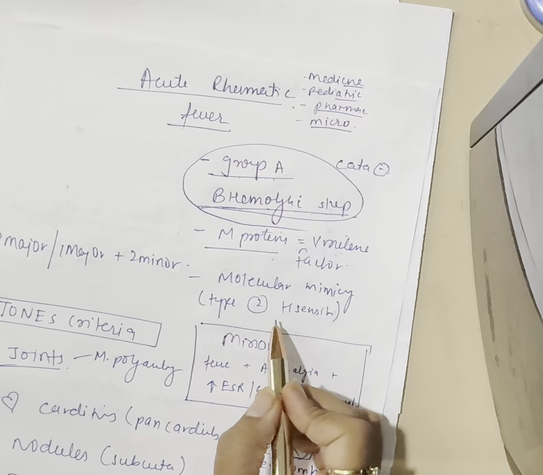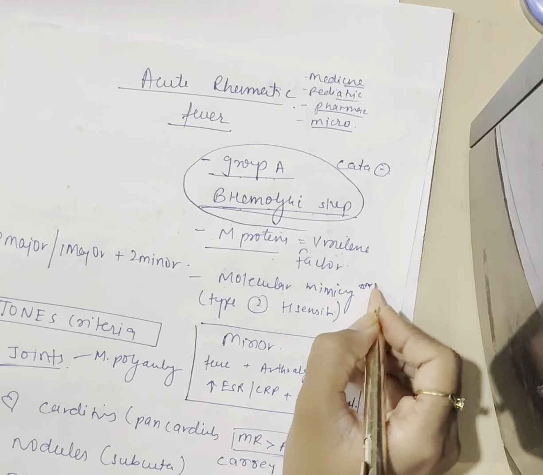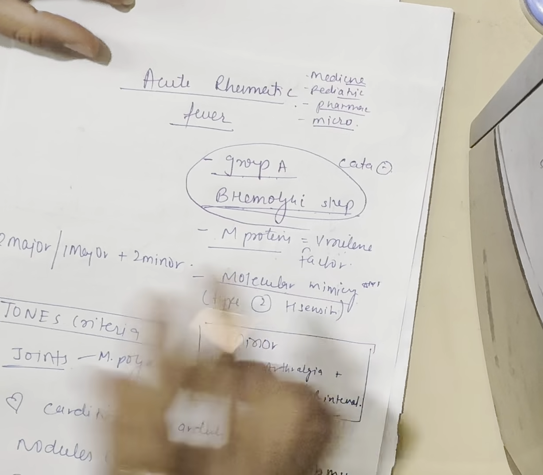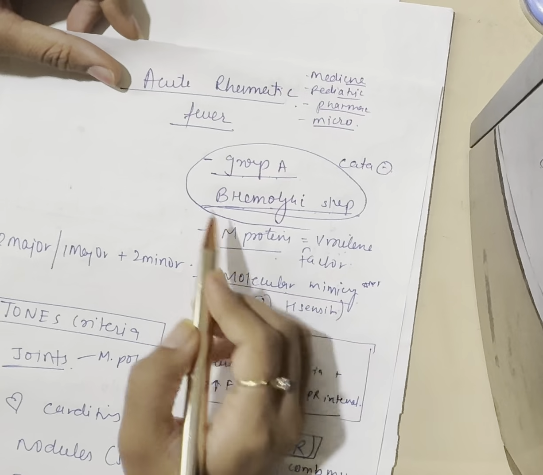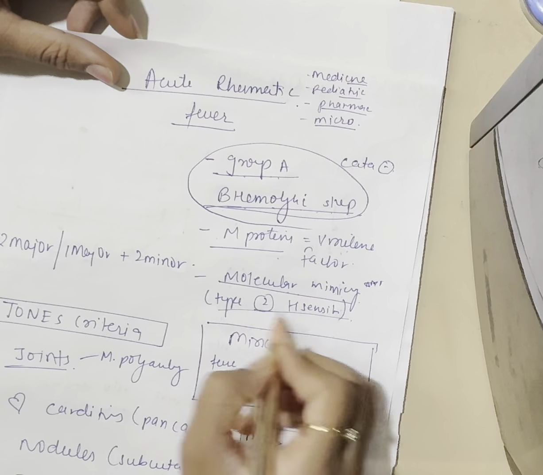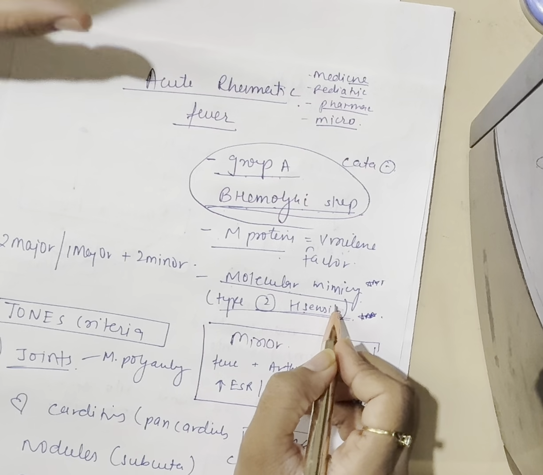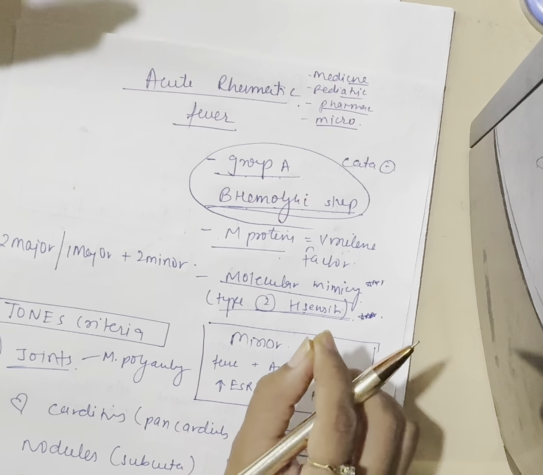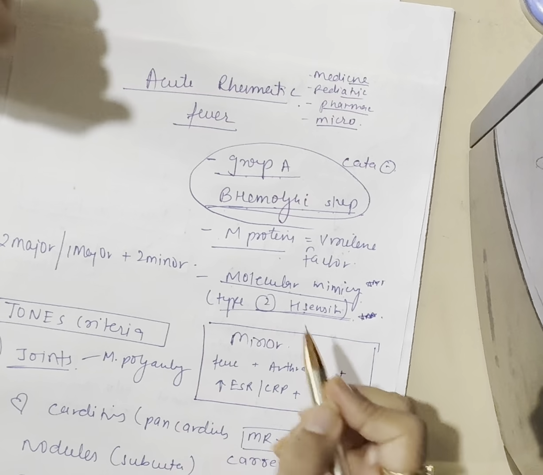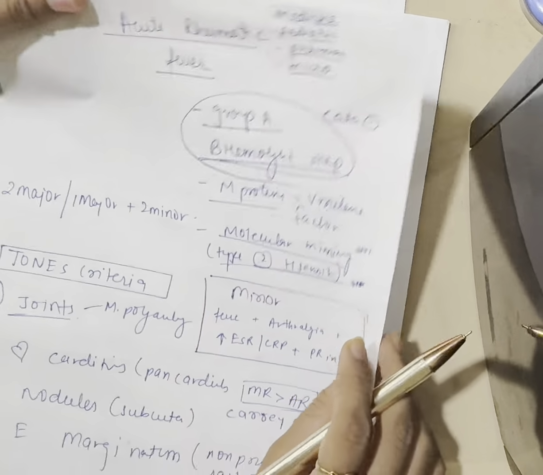That's the virulence factor. And what is the pathophysiology? That is molecular mimicry. This gets asked as a question. This molecular mimicry is typical only of acute rheumatic fever. It is a type 2 hypersensitivity reaction. Type 2 hypersensitivity reactions are very, very important for the NEET PG exam. You can expect one question from this. Never mind, that will be another video. Molecular mimicry, type 2 hypersensitivity reaction, M protein, and group A beta hemolytic streptococcus infection.